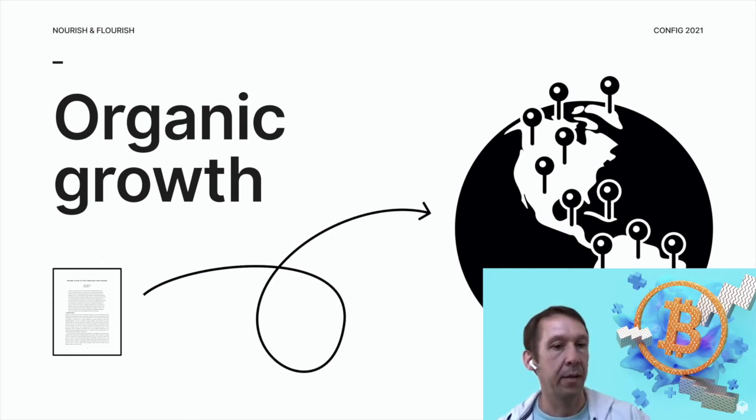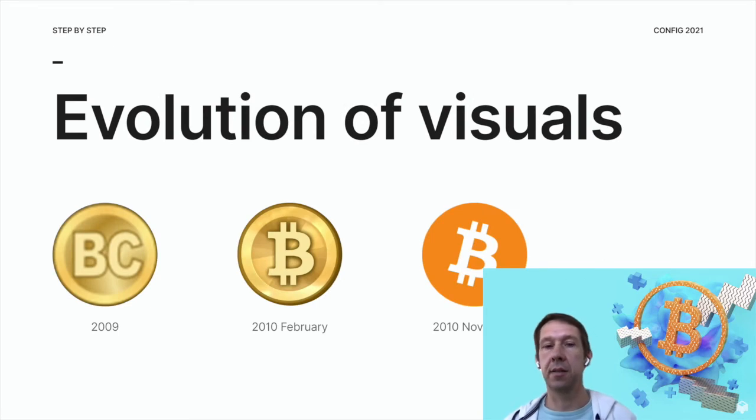And a good example of this is how Bitcoin has grown, where the individual creator is not even active anymore. We still don't know who they are, and yet it's grown into this thing that an estimated 100 million people plus around the world already use. And there are some design ideas in Bitcoin too, like the evolution